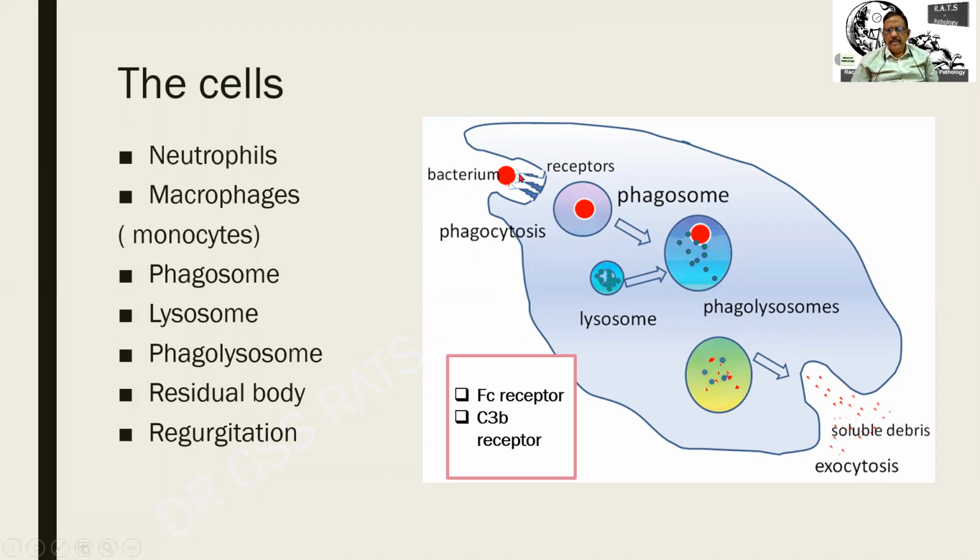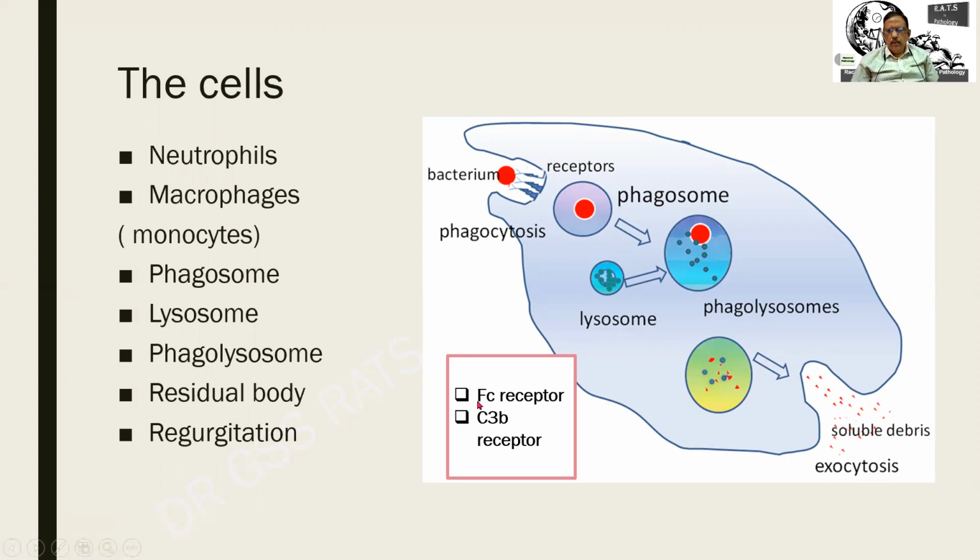These are the receptors, the attachment of the bacterium, for which there is a phagosome that is initially formed. So there is a vacuolation. You find that the edges of these will be fusing to form a phagosome. And the phagosome again fuses with the lysosome to form what is called as a phagolysosome. There is the emptying of the lysosomal contents into it. Powerful enzymes which lead to digestion, leaving behind a residual body, and the debris are excreted.